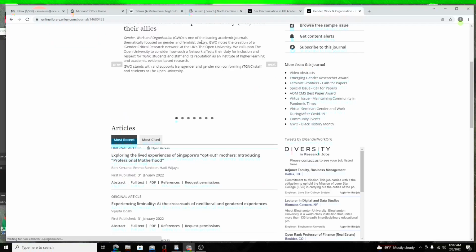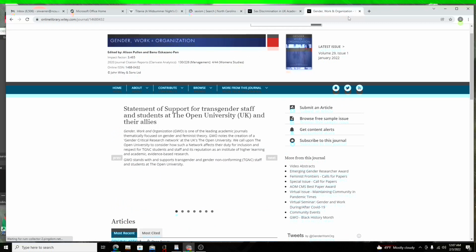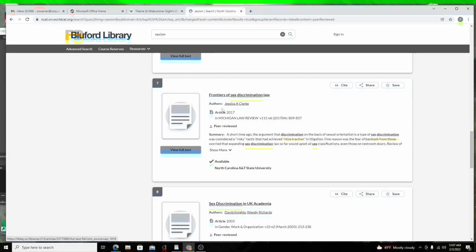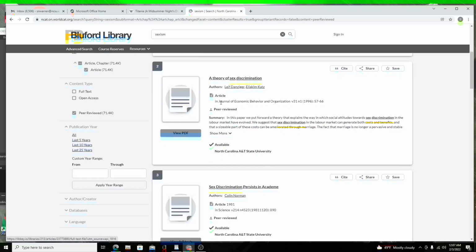it is one of the leading academic journals thematically focused on gender and feminist history. So again, that confirms that it's an academic journal. So that's good for us. We'll go ahead and just exit out there. So again, always check, and sometimes, as we see here with Journal of Economic Behavior, a lot of journals do have the word journal in their name or the word quarterly,